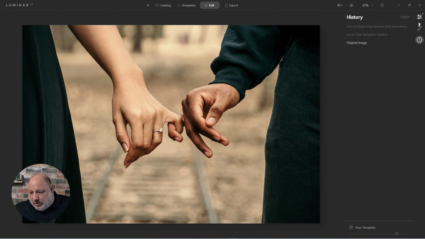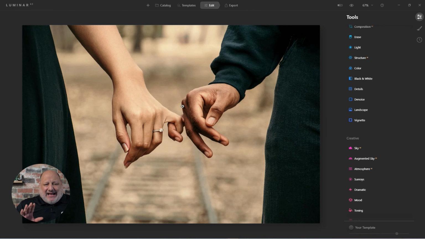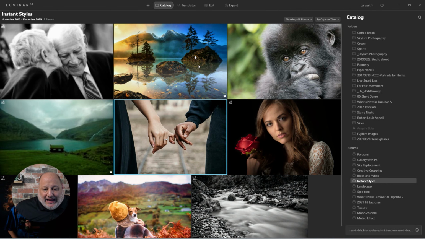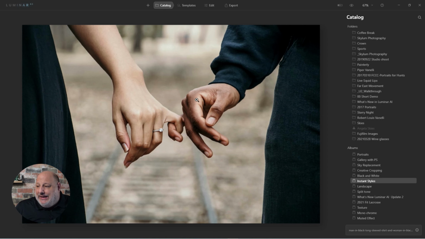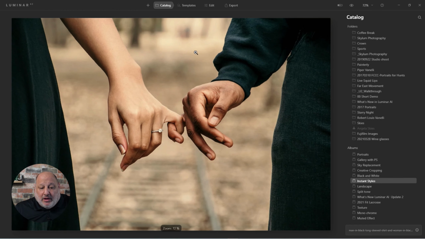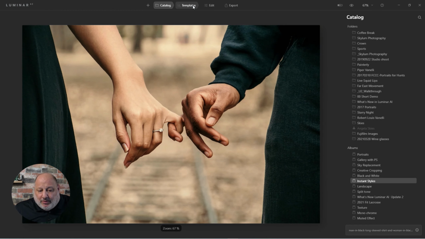And there we are. So like I said, I absolutely adore this image to the point where I wish I took it. I can imagine this being, let's say, an engagement photo shoot, or even an anniversary. I love this shot big time. So from here, templates,